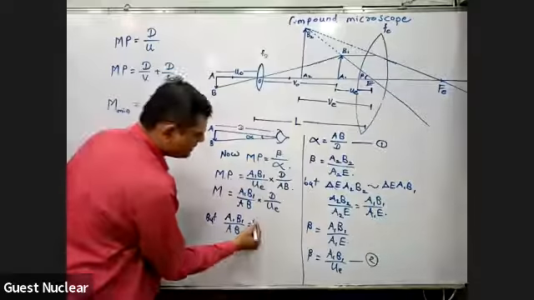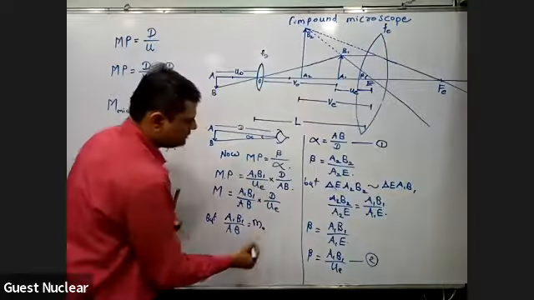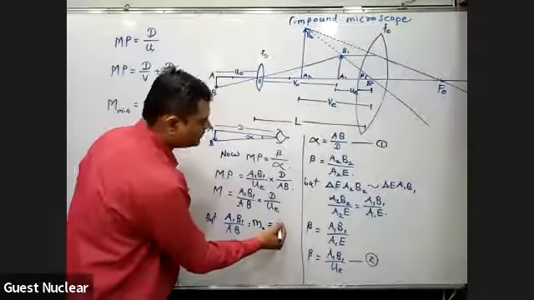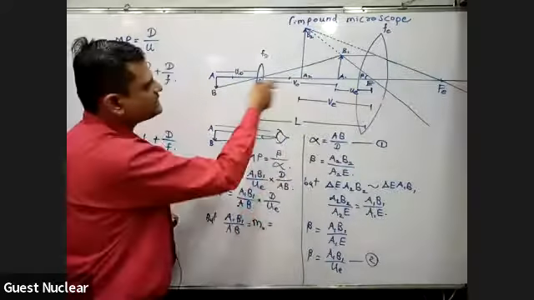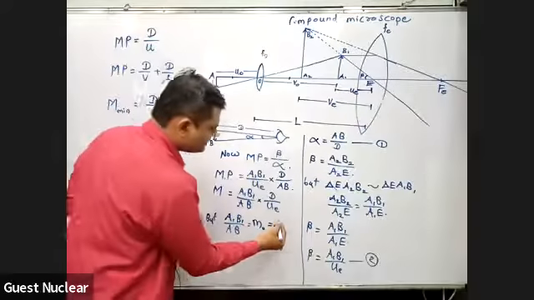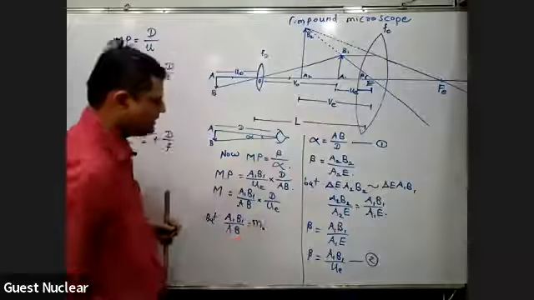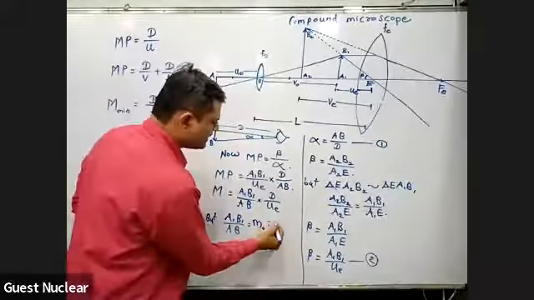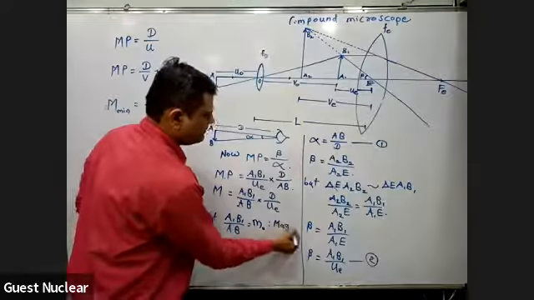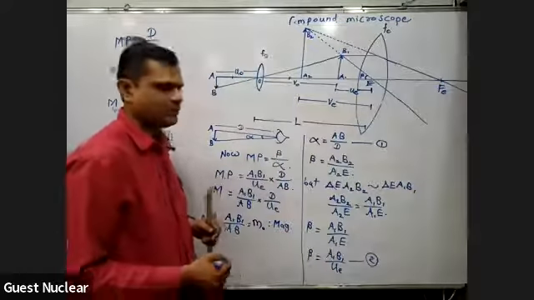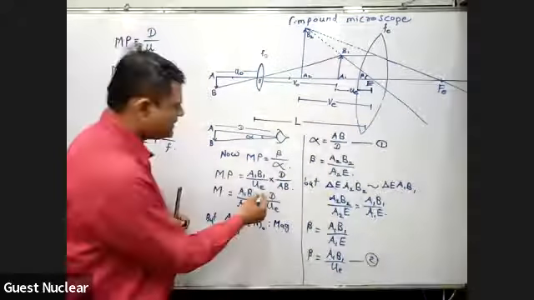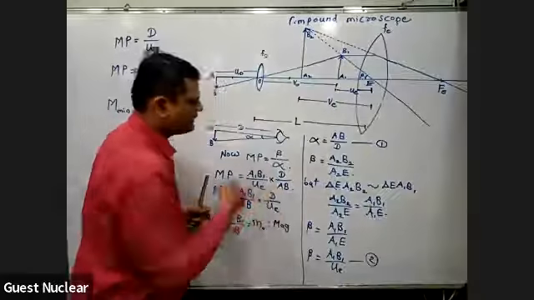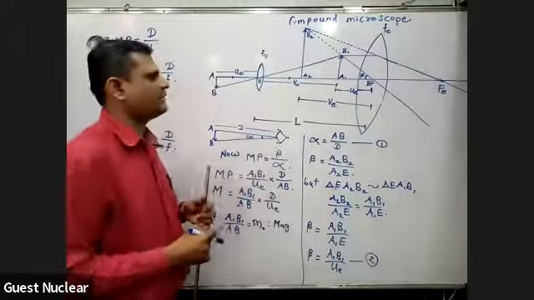So we can denote it by small mo, which can also be written as simply equal to the image distance upon object distance, which can be written as, okay, we will see that later. This is called the magnification of objective, okay. But if we just see this D upon UE, what is this called? D upon U is the formula of what?